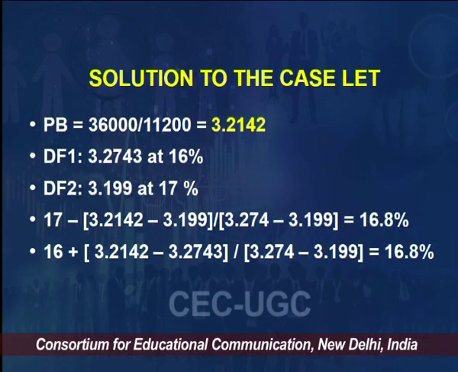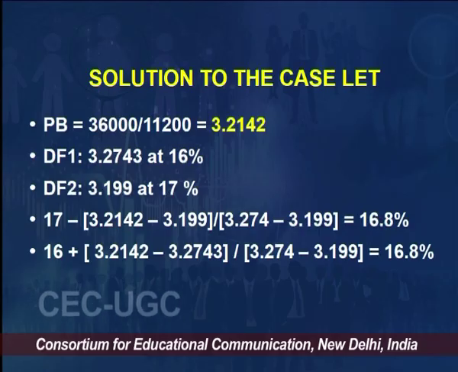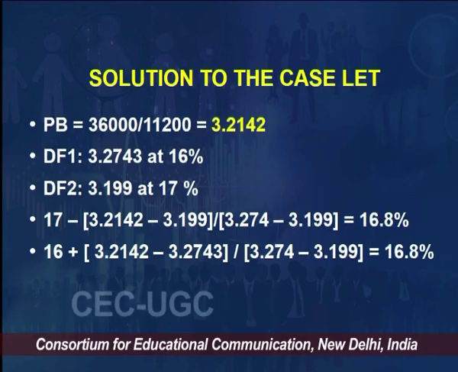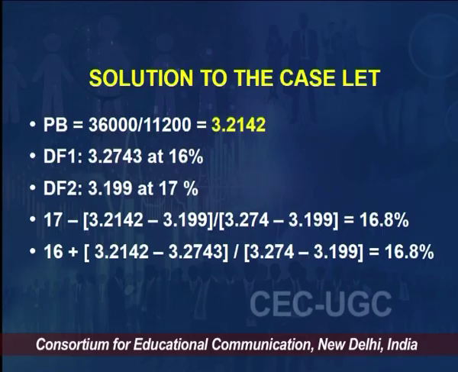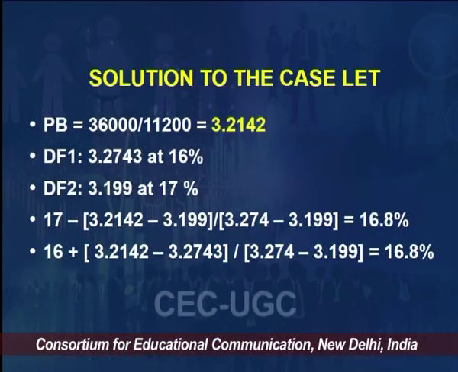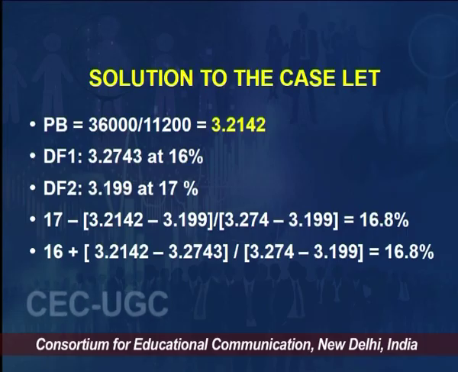If you remember the steps I just discussed, the first step is to calculate the PB, the payback period. How would we calculate? 36,000 divided by 11,200. How come? The caselet said 36,000 is the initial investment, right. The formula of PB, the payback period, is initial investment divided by annual cash inflows. It is given that the present value of cash inflows after tax which we earn every year is 11,200. Since we earn it every year, we take it as an annuity, and we divide the initial investment by 11,200 to get the PB, which comes out as